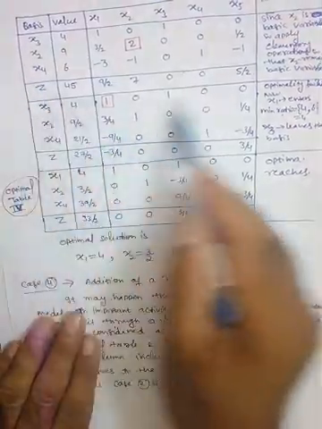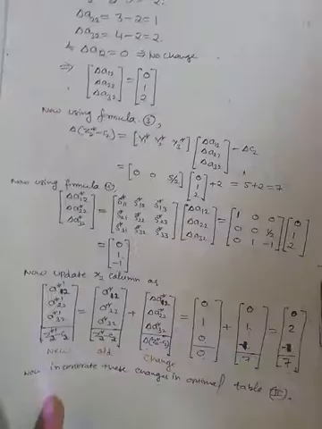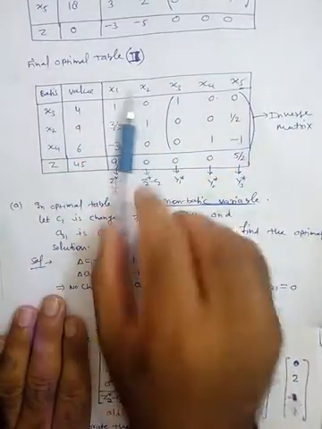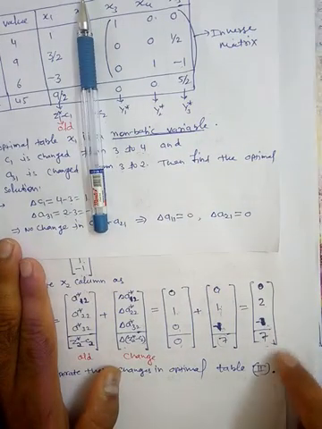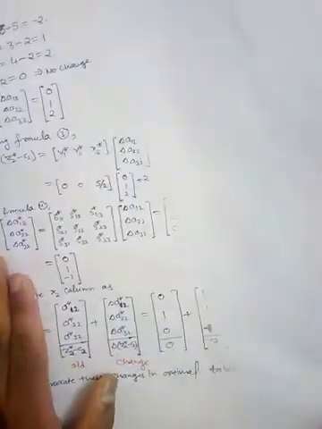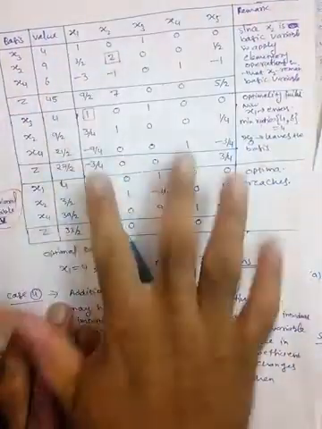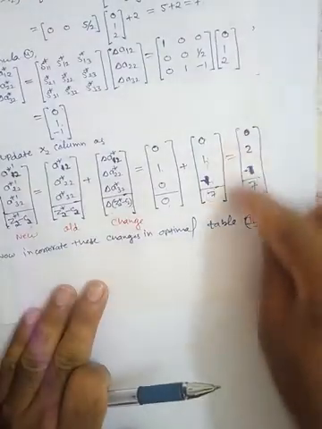This is the table. You will see initially we have this table. Now we have to replace this column by this 0, 2, minus 1 and 7. So what do we get? We get this table. Everything is the same except this column. So just remove this column and insert this column. Fine. So we are getting this table.